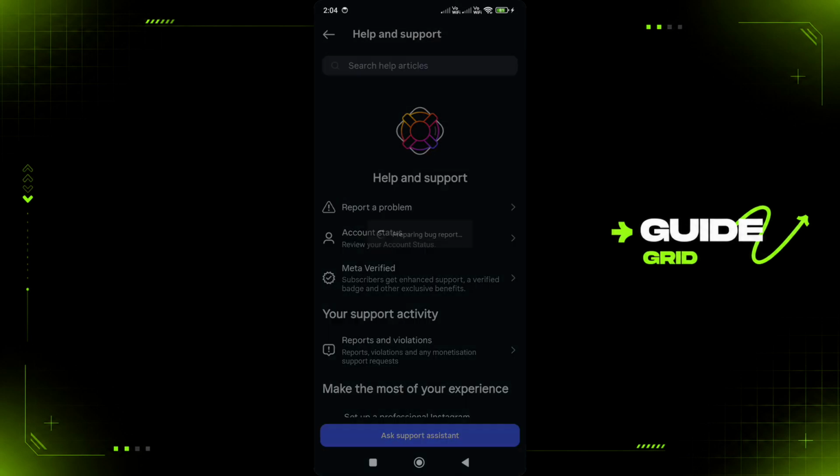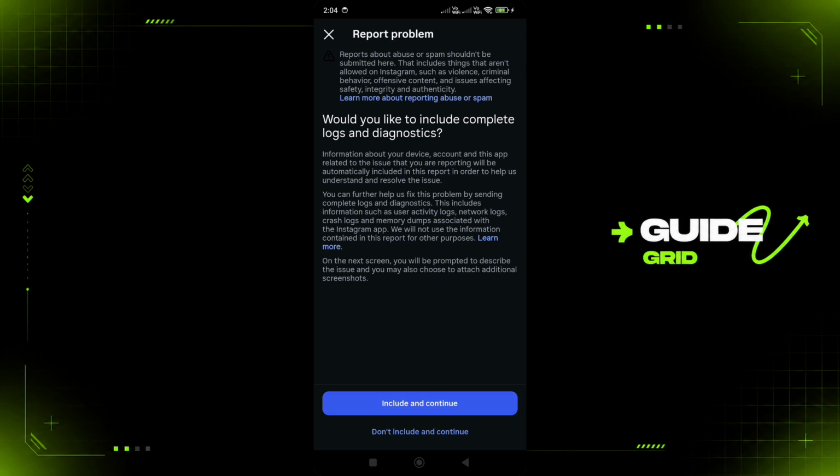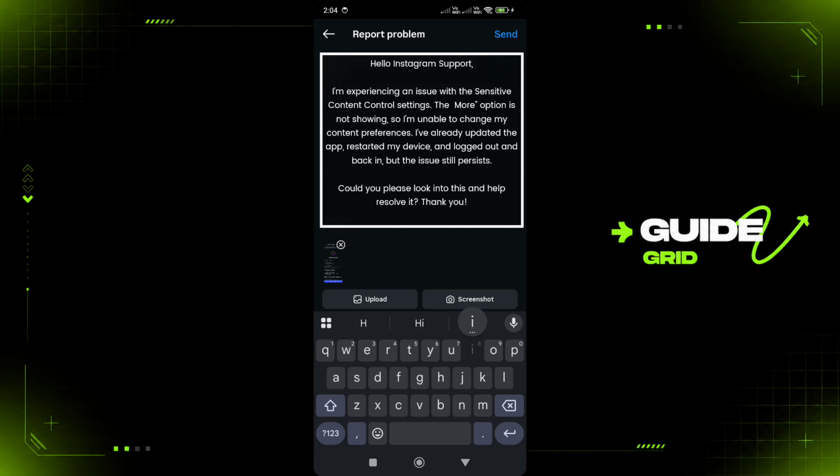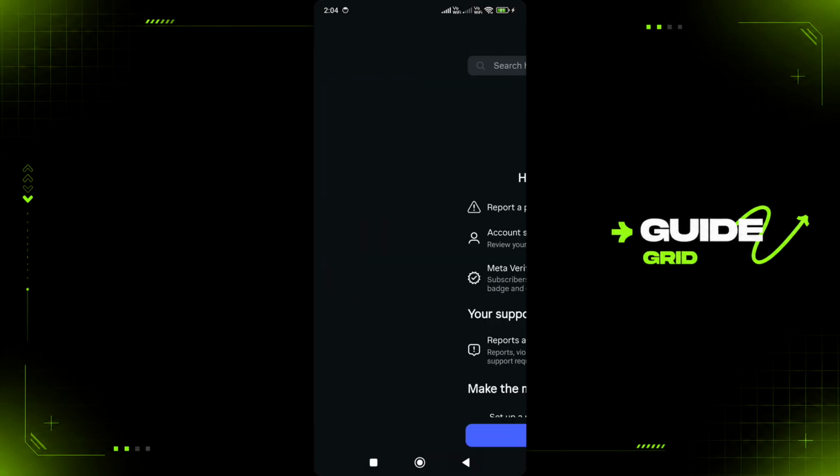So just click on it and here click on include and continue. Make sure you have added your screenshot of the option not showing and here click on and type in hi, and after that just click on send. Alright,